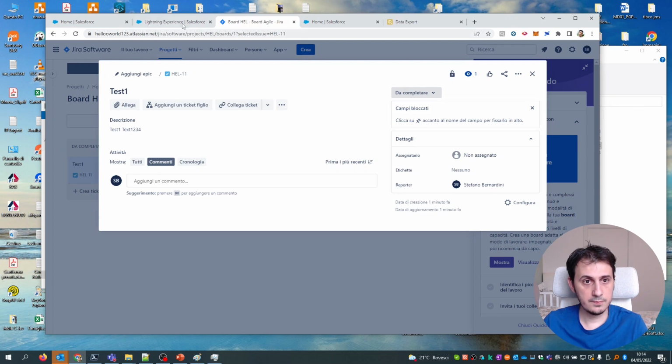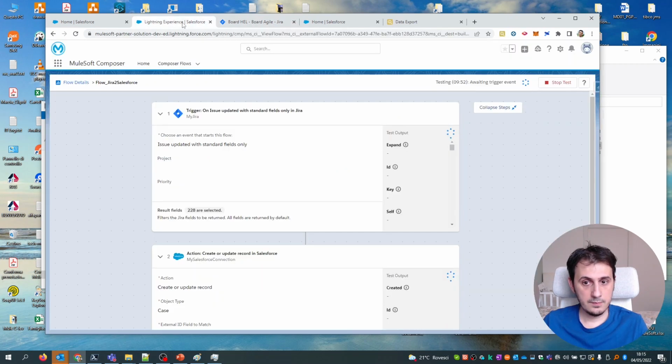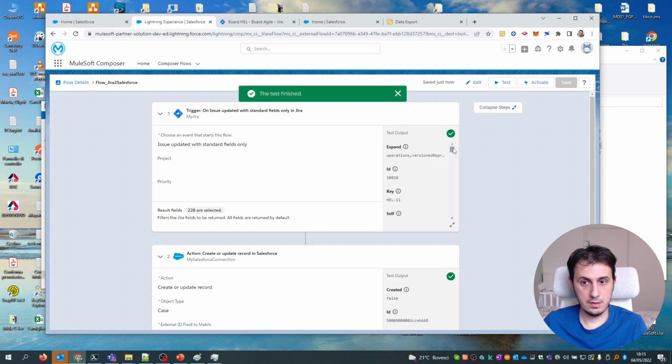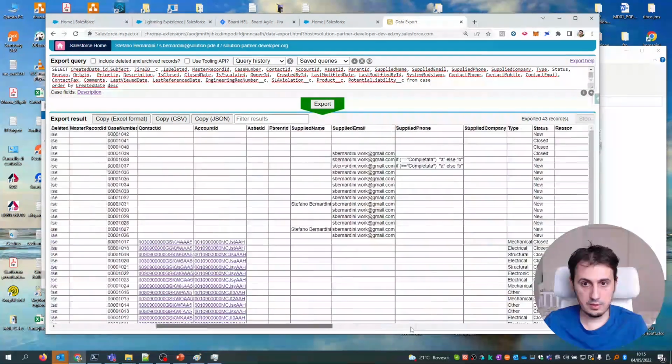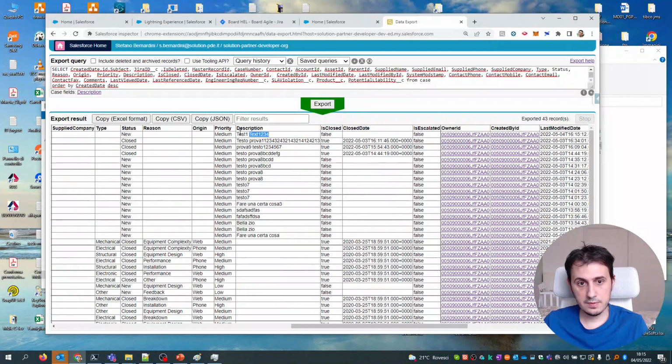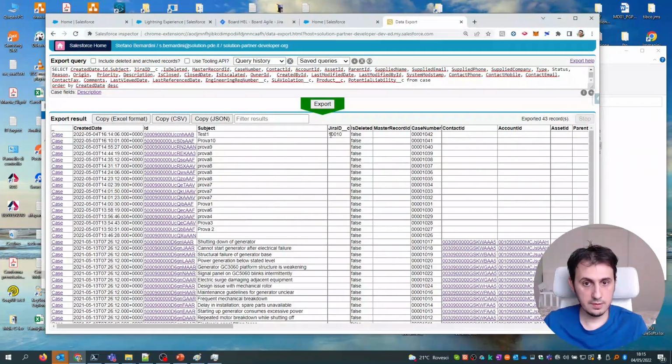Let's save. So text 1 2 3. Let's redo the query. Okay, the modification also is working.